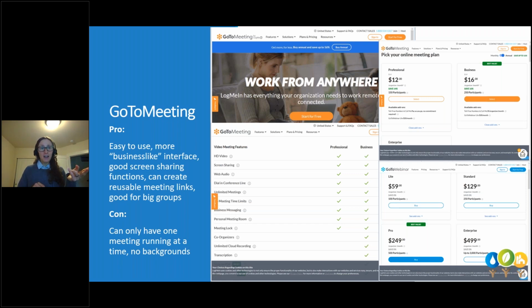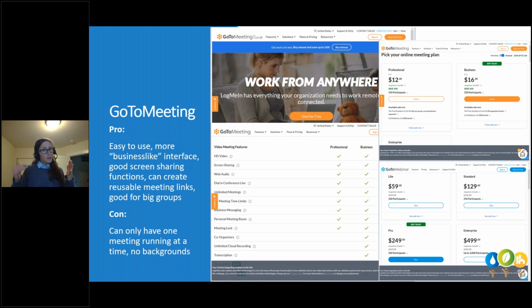But one of the cons is you can only have one meeting running at a time. So there is that overlap, or you have to pay for additional licenses. This also matters for those, and I can't see a lot of districts, but a few of you, if you want a webinar style format. Sure, you can use Zoom as a small meeting, a large meeting, a webinar. It does have those cool features like breakout rooms, etc. GoToMeeting and GoToWebinar, when you purchase one, you kind of get both if you purchase the GoToWebinar. So if you're looking to also have a webinar feature, the GoTo environment might be a little bit more accommodating to that.